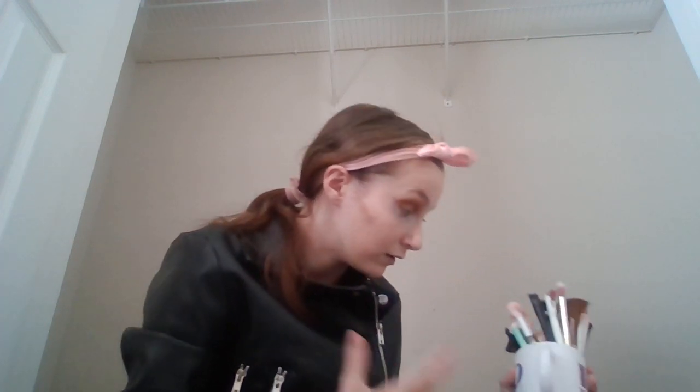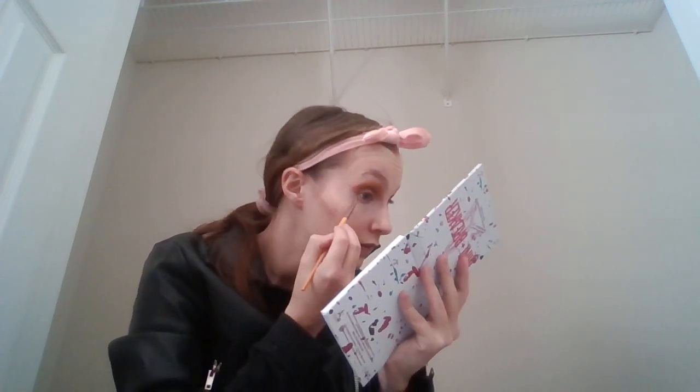I don't want to use this brush. He does have really nice skin, and he is older and has been wearing makeup for however long, so obviously he has a pretty good perception on formulas. And I love his eyeshadow formula. His eyeshadows are my favorite right now. They made it into my favorites of last year, so we will have to see if they make it into my favorites of this year, because again, I'm going to be trying out